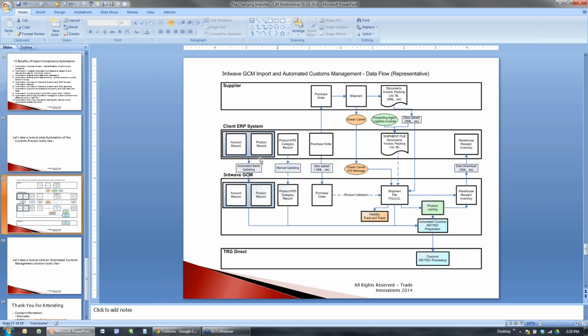And that information can be synchronized with the client ERP system on a time basis so that it will be uploaded and then managed within the environment so that it can be used against the detail coming from the execution,